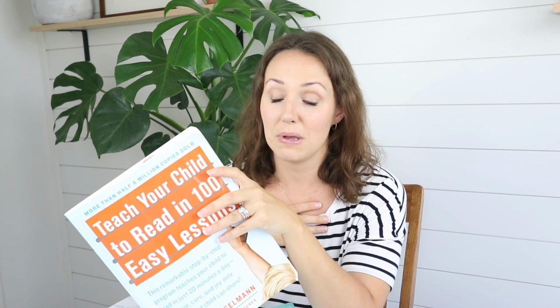The lessons are short, which is nice, but it's not a complete language arts curriculum in my opinion. Does it teach your child to read in 100 Easy Lessons? Yes, I believe that it would do that. I think I got about halfway through with my daughter and she did great. It laid a good foundation for her to be able to jump into The Good and the Beautiful Level K language arts. But as far as it being a complete language arts curriculum, it's definitely not